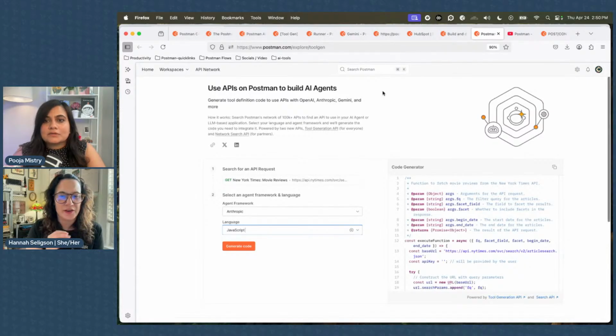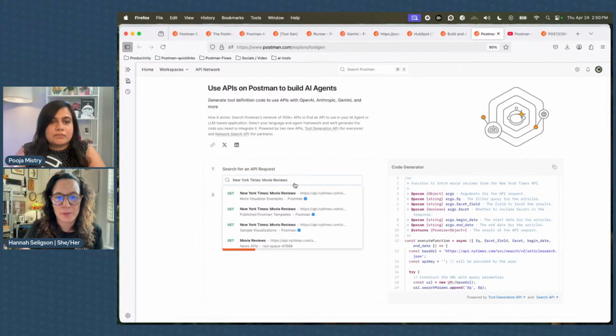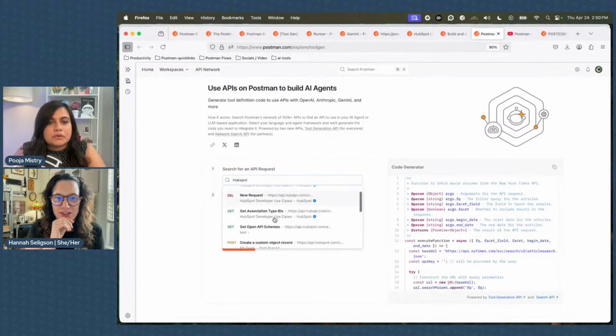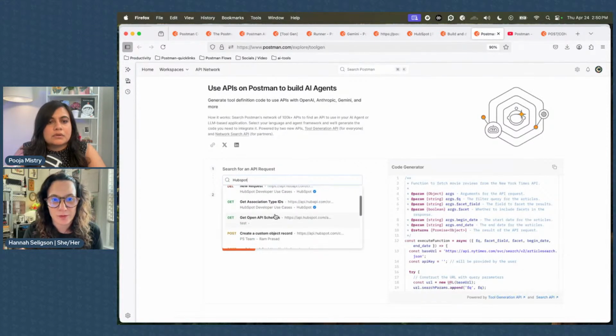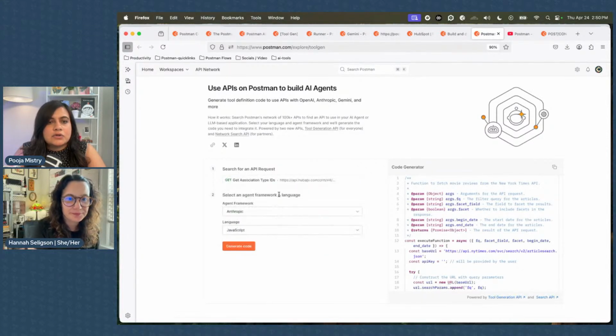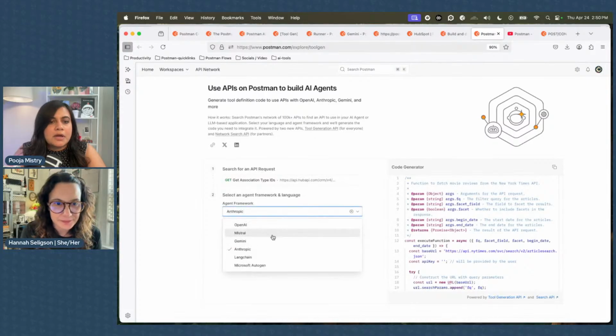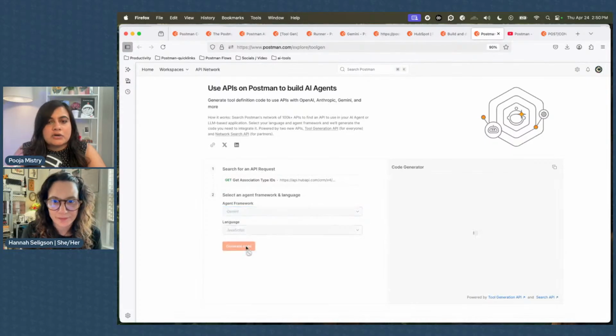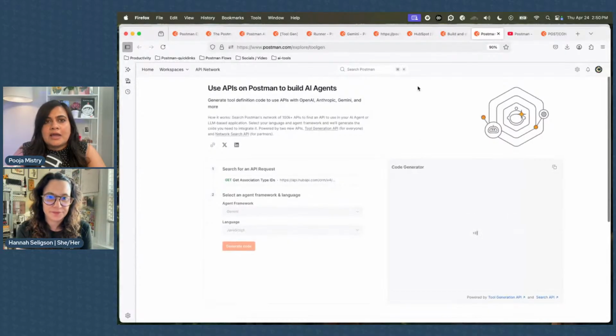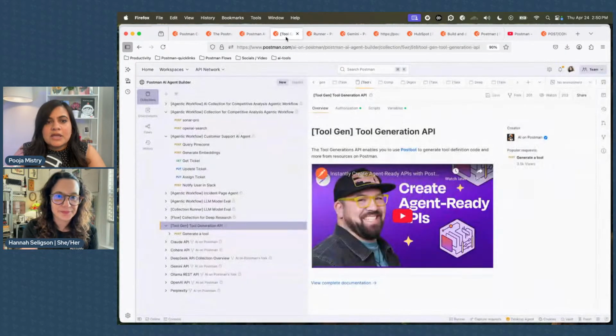Oh, I don't mean to cut you off, but I was going to say you can also access HubSpot's APIs here as well. Yes, exactly. Anything that's on Postman's public API network, you have access to all of those APIs. Yeah, and so it's just really helpful. Exactly. So you can work with some of the HubSpot APIs here as well and generate some of the code on that front. So I think that covers most of the gamut of agent builder.